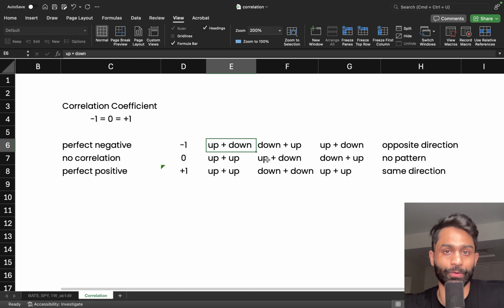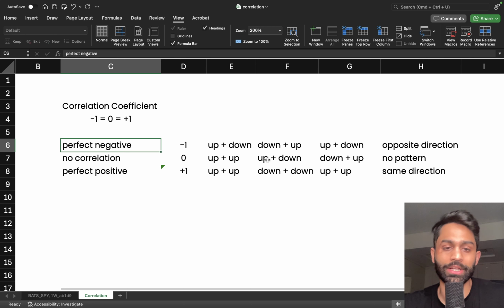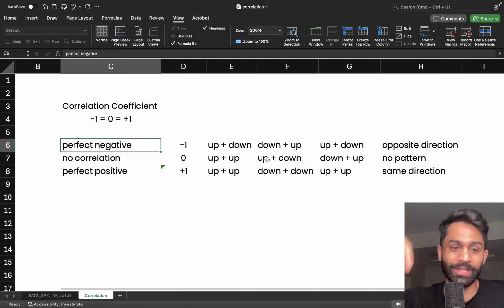Negative correlation is also not the best, because these are mostly called hedges. We like to look at options as a perfect way of hedging our portfolio, because let's say that I'm selling calls, right? If I sell a call, my underlying position may have an unrealized loss. If the stock price starts going down, my unrealized stock position will be in red, but my call option will be further out of the money and it will be green. So that's a perfect negative correlation, because as the price is going down, my stock position is going down, but my call option is going up. That is also called a hedge.